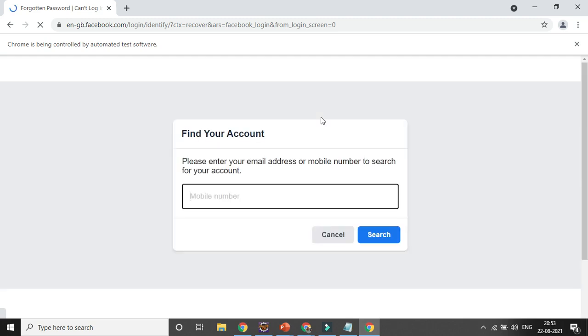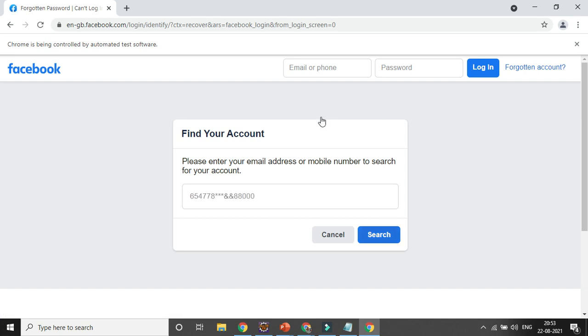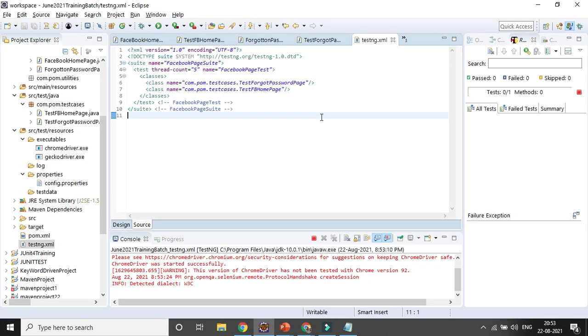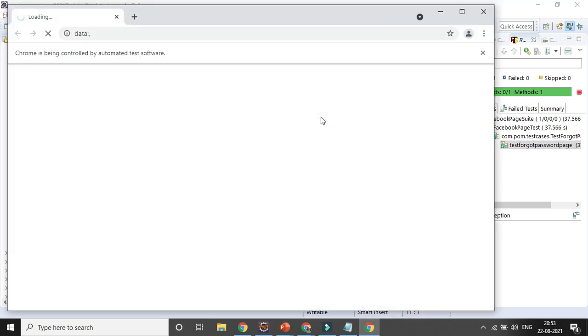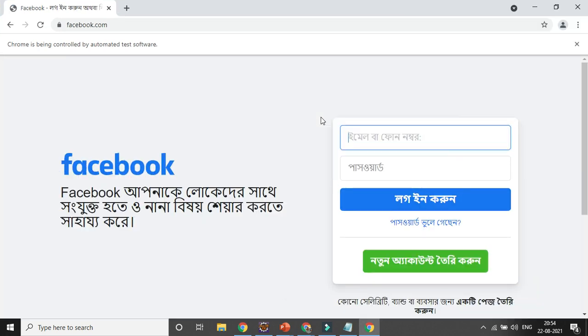So the forgotten password test case is running first because it is based on the alphabetical order. Okay. One test case executed, it will be passed and it will try to run the other. Test Facebook page, FB page. Now here the test case will not be executed based on the alphabetical order.